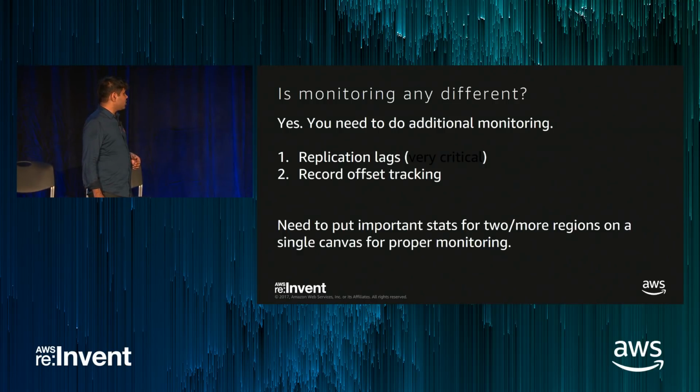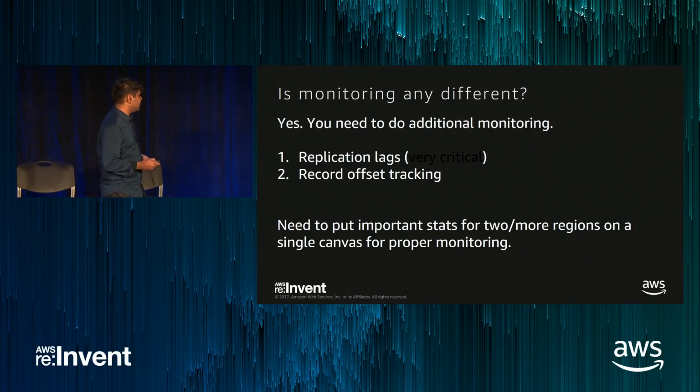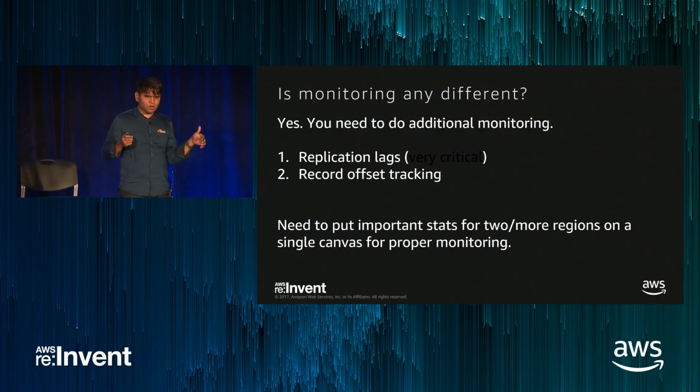So first of all, you are going to be required to monitor a few more things. One of the most important things is replication lag. You need to know exactly how much data is yet to be replicated, and you need to know the record offset, basically how many records are yet to be copied, so that you fully know the state of your system, right? You can't live without knowing these things, okay? But last but not least, you want to have a single monitoring system which helps you see what is going on in both the regions, so you can compare and contrast and take decisions.